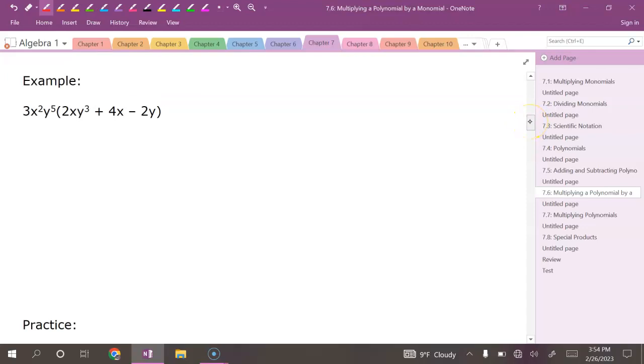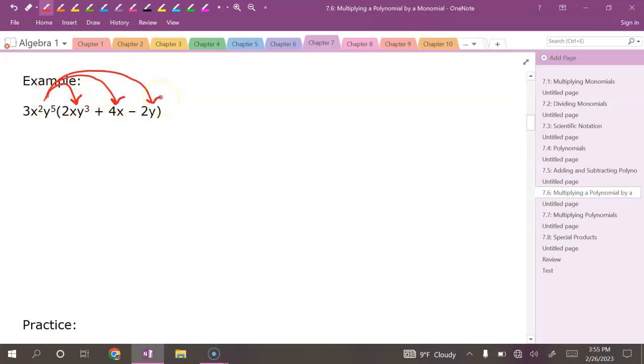Let's take a look at this example together because we've got more than one letter, okay? We've got x's and we've got y's. It's no different than what we were doing though. We're still going to be multiplying our big coefficients together and then dealing with the letters individually. So we can only combine our x's and we can only combine our y's when we're adding them up with those exponents. We're still going to distribute, so I would still encourage you, if you need this, draw those arrows